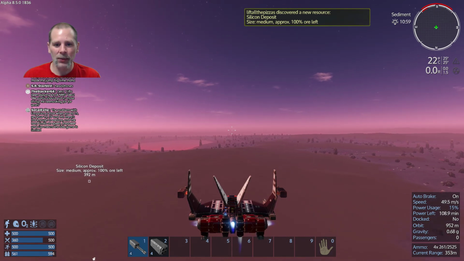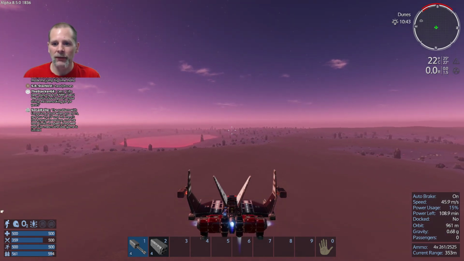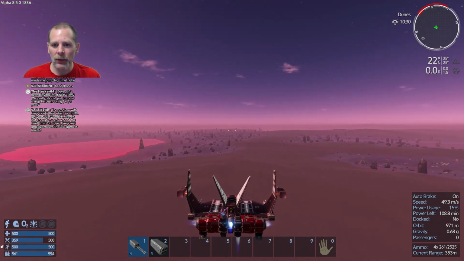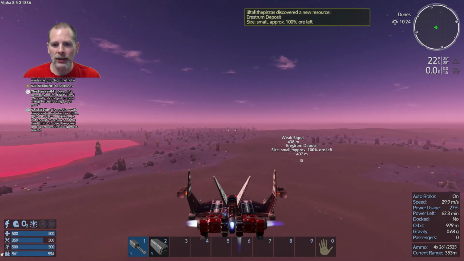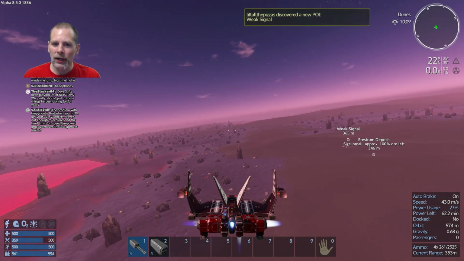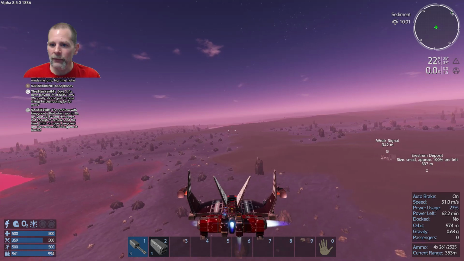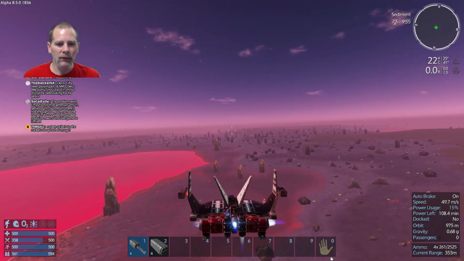There's another silicon deposit. There's something else, if it'll show up. There's something right over there. What is it? There's an arrestum deposit, a weak signal. There's a bunch of stuff. Cool. Yeah, we're definitely going to have to... Well, the nice thing is I got my... that looks a lot like that teleport thing. Cool. The nice thing is I do have my...